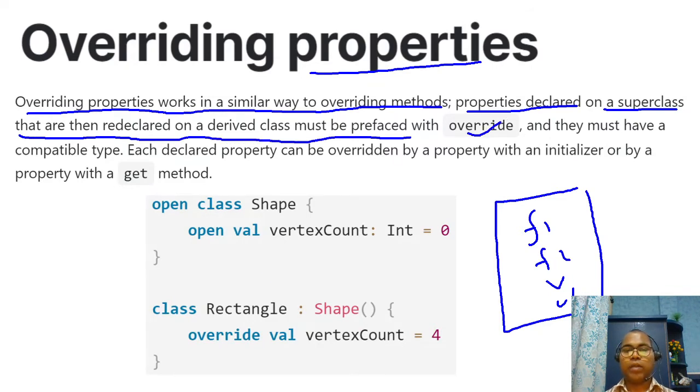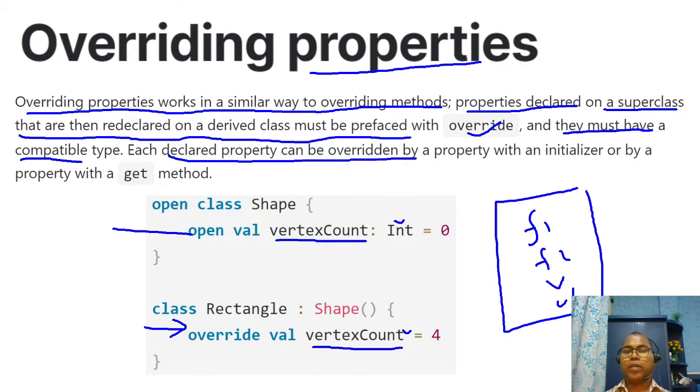Here is the variable vertex count, and in a subclass again you can define vertex count, but if you want to override it, first you have to open it, and then you have to override, right? They must have compatible types. If this is an integer, this would be an integer by default. A declared property can be overridden by a property with an initializer, or maybe a property with a getter and setter. In all these places you can do it.